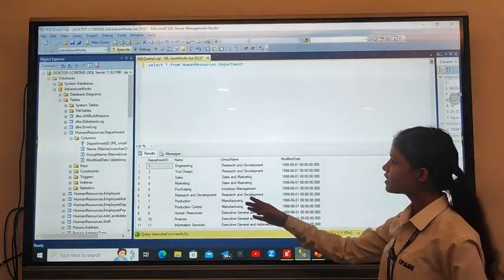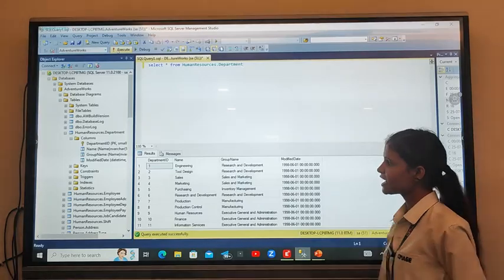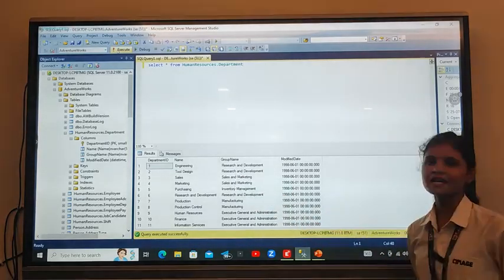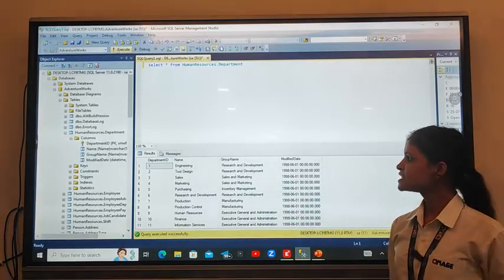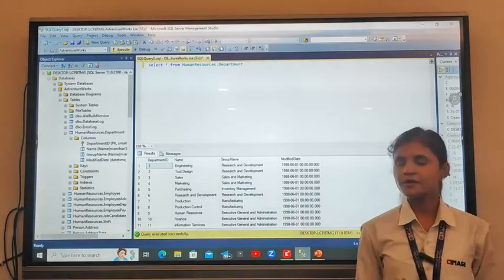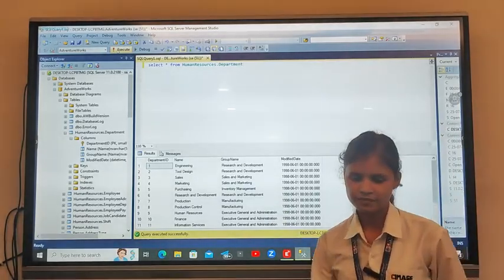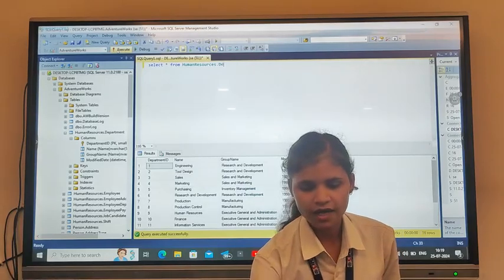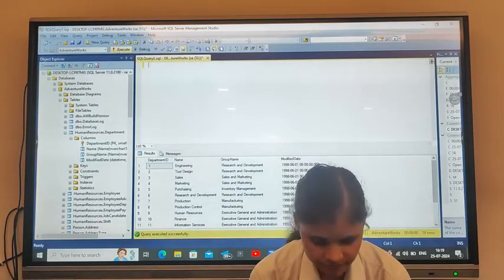Here is the table human resources department, and department ID, name, group name, and modified date are the columns. Then I will change department ID into department number and name into department name. So I can use the first way.